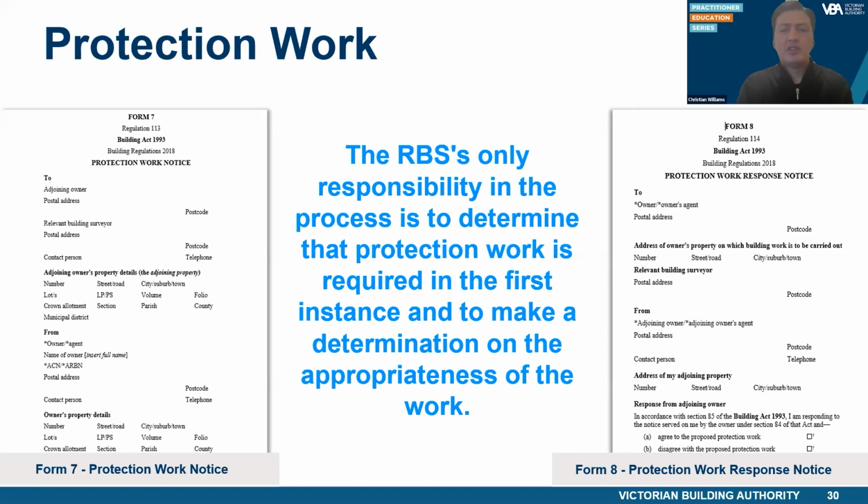The owner or their agent is also required to arrange insurance cover from damage to the adjoining property during the carrying out of the building work and for a period of 12 months after the building work is complete. The type of insurance policy that is typically used for protection work is a public liability policy. Many builders already carry this type of insurance policy. However, typically the builder's public liability policy only covers the site they're working on. Therefore, the builder will need to go back to the insurance company and ask for an addendum to their policy to cover the adjoining property.